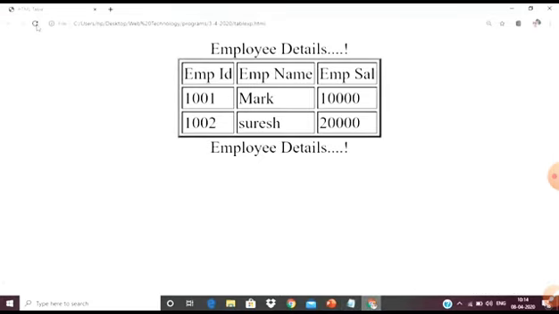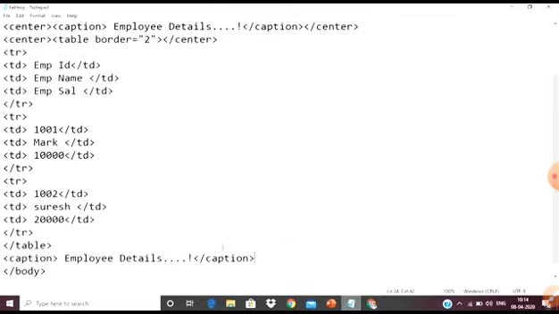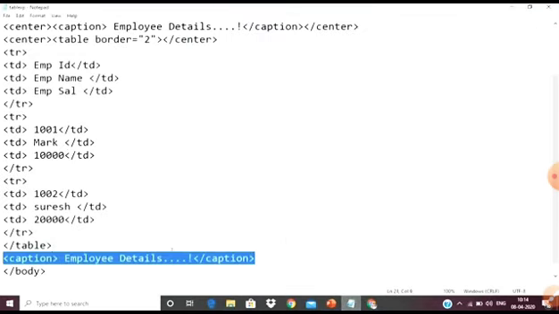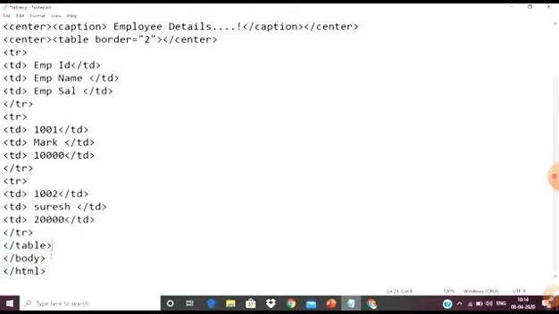If you want to give it on the below side, you can give the caption below also, but I think the caption should be above your table, so it should not be below. Always keep the caption outside of the table, above your table.